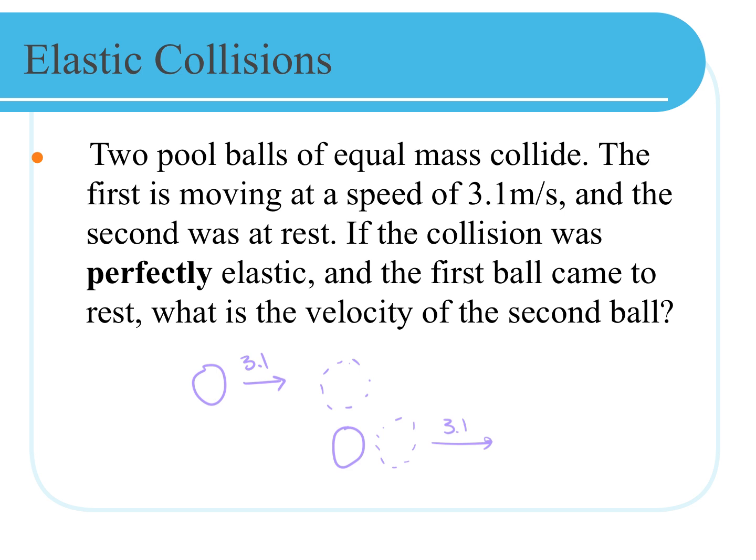We see a perfect exchange. It's like the purple and the green that we saw at the very beginning, right? But the things that have to be true for that to happen are that we see these keywords, equal mass, and we're really looking for something to say perfectly elastic, or to be really explicit about it being an elastic collision, right? Does that make sense? We want to make sure that we try to see those keywords. Mathematically, we could prove it, but those are the things that have to be true. It has to have equal mass and it has to be perfectly elastic. And we saw that in that video earlier today.